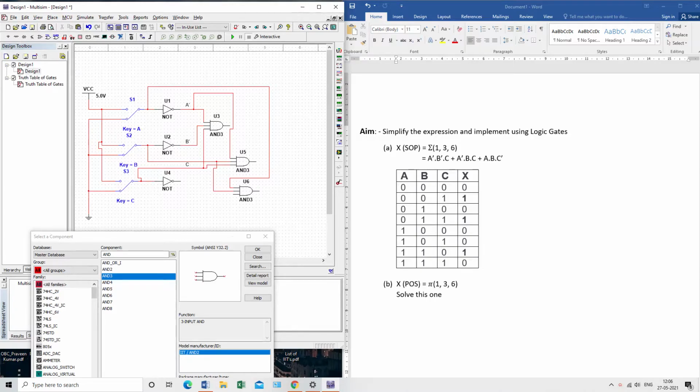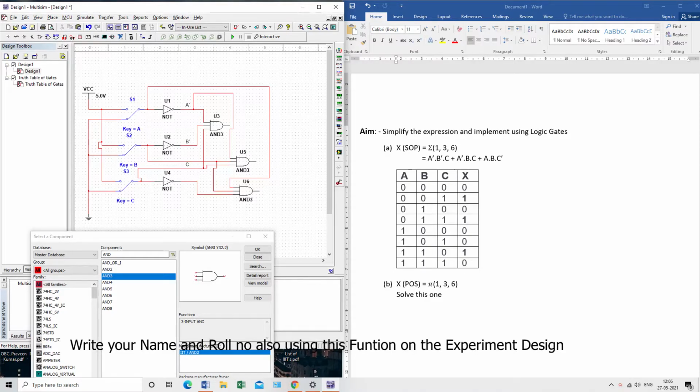That's why I put this NOT gate here at that time. So I will connect one C dash from here. And I will name them. Just copy this one and put it here. This is A, fine, and this is A dash.